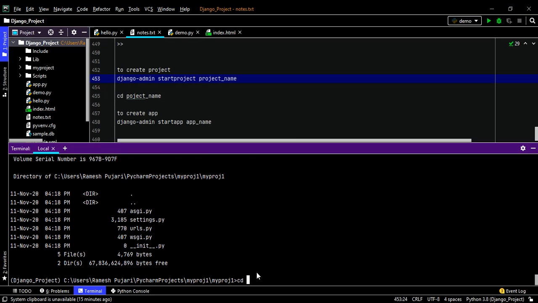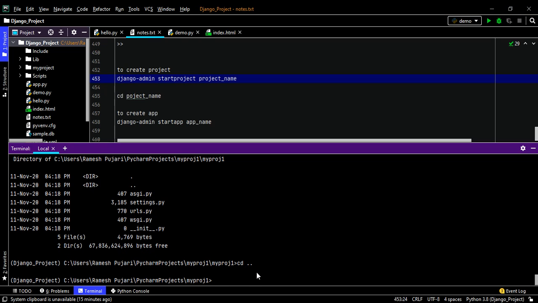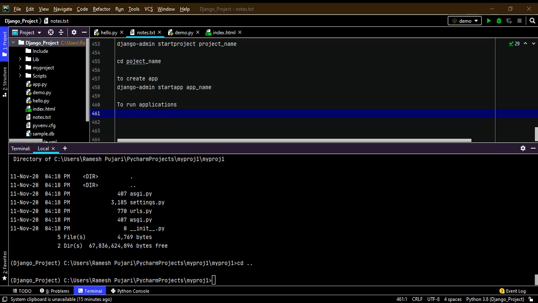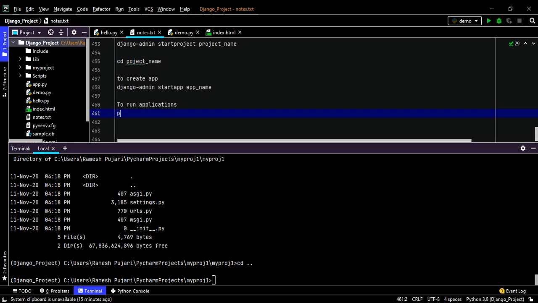Now in this example I have created the project and applications. So now I will explain how to run the project. To run the applications we have a command, python manage.py.